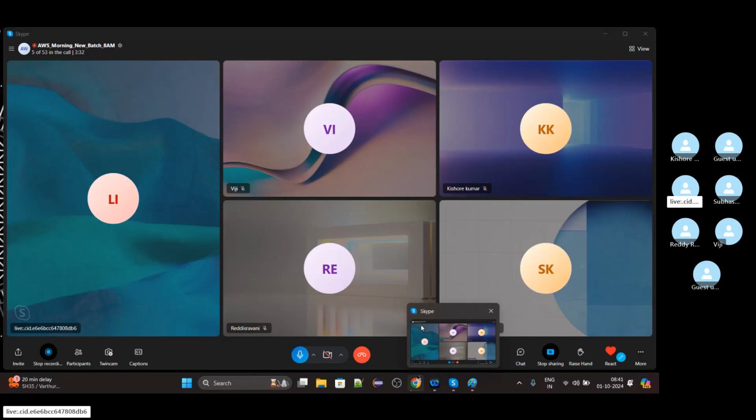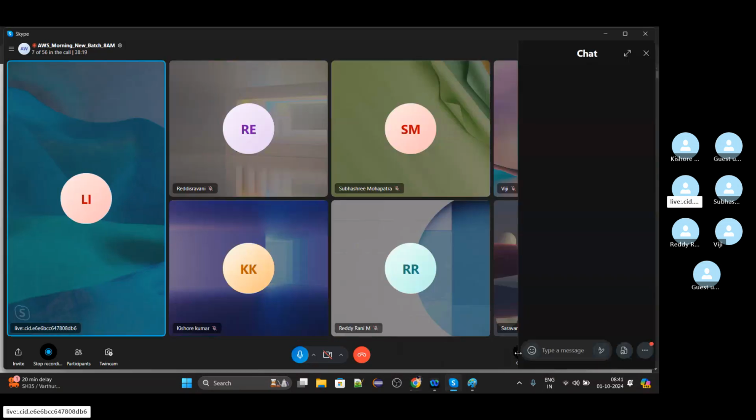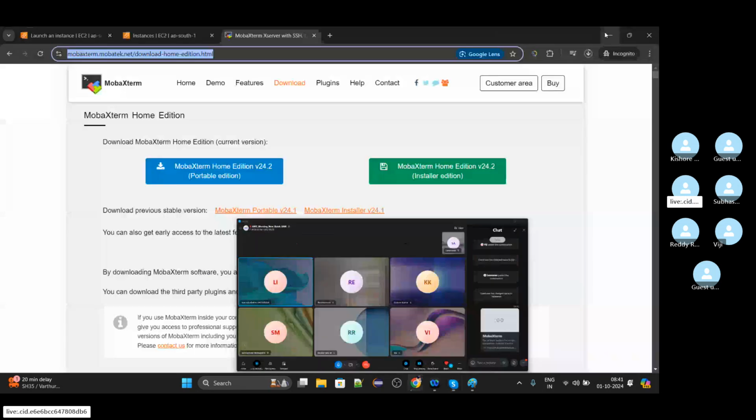I'm putting this location into the chat, so you can also download from this location. You have to download MobaXterm today. Then you have to download